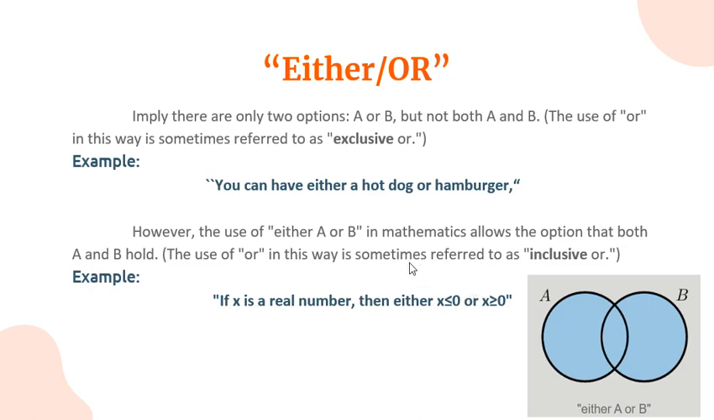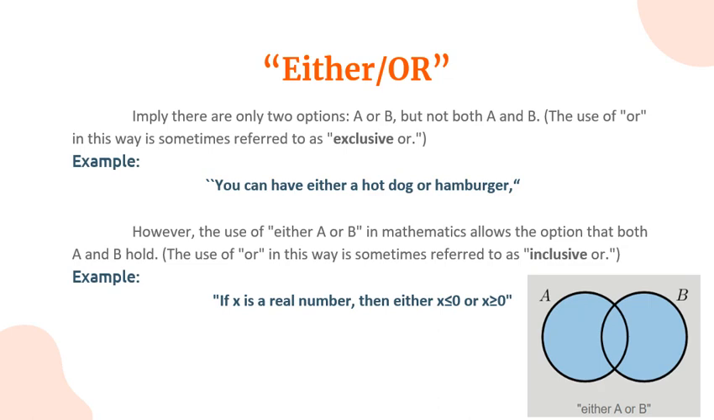So the use of or in this way is sometimes referred to as exclusive. So exclusive ang tawag. Okay? Since based on the statement, isa ra ato ang pilion. However, the use of either A or B in mathematics allows the options that both A and B hold. So the use of or in this way is sometimes referred to as inclusive. Okay? So inclusive siya in a way nga the two options that we have considered as marag boundary kung asa